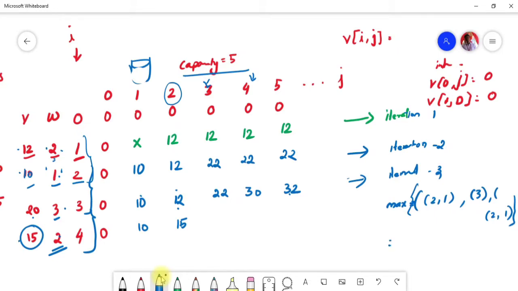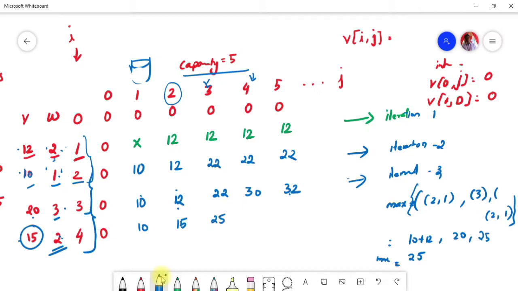So what about the value? If you choose this 2, it is going to be 10 plus 12, which is 22, and for 3 it is going to be 20, and the last one is going to be 25, right? Which one will give you the maximum value? For getting 3, you can get 22 from these 2, 25 from these 2, and 20 from this. Then the maximum is going to be 25, right?